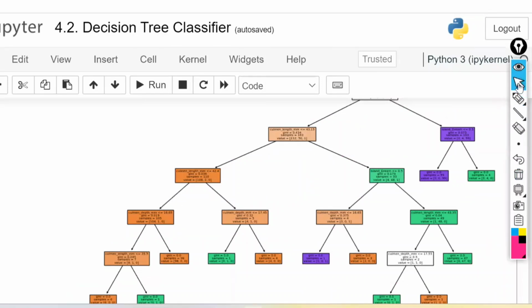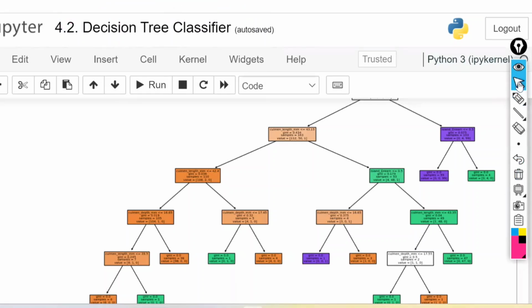Now, if you want to do pruning, what is the maximum value you have to consider? 5 is the maximum value. So in the grid search CV, if you are writing the maximum depth, you have to write 1, 2, 3, 4, 5. The last number should be 5. You can't go more than 5. It will try with maximum depth of 1 and calculate the accuracy, maximum depth of 2 and calculate the accuracy: train accuracy, test accuracy, CV. Then maximum depth of 3, 4, and 5. And whichever gives the best value, grid search CV will give us the best parameter.